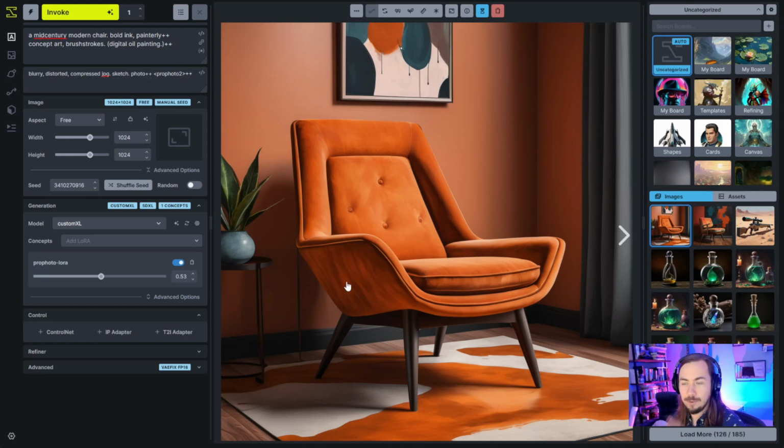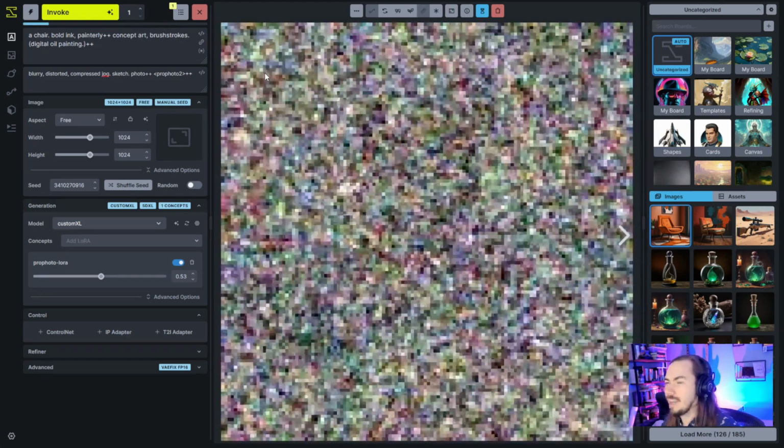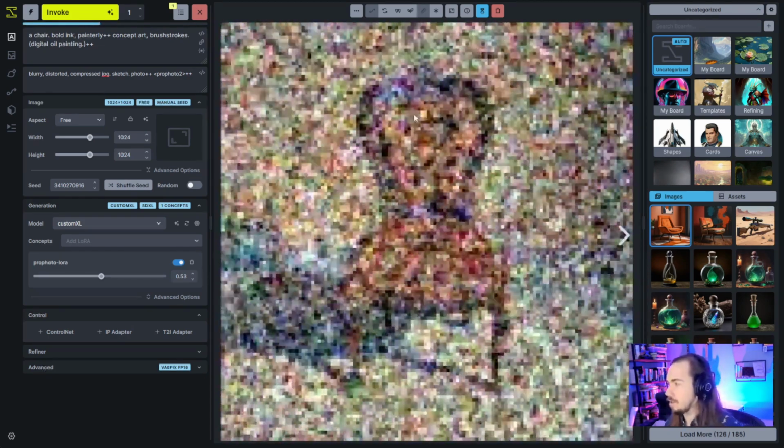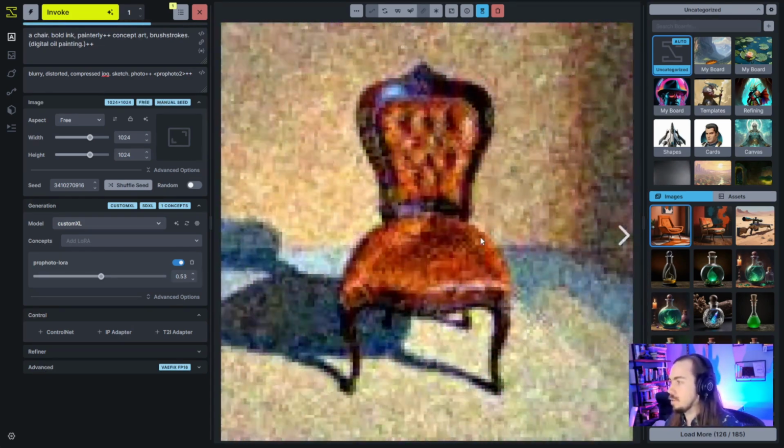But let's get back to this, because while I am sure everyone loves hearing me talk, it's a lot cooler to see pictures get generated. So we've got a mid-century modern chair. If I take mid-century modern out, I probably will get more of the style. So again, this goes back to what is pushing it, what is biasing it towards this notion of realistic. And I have to imagine it's mid-century modern chair. Because if we just do a chair,